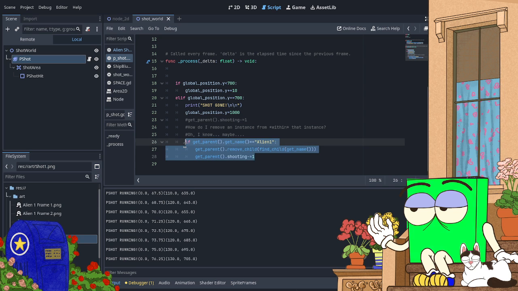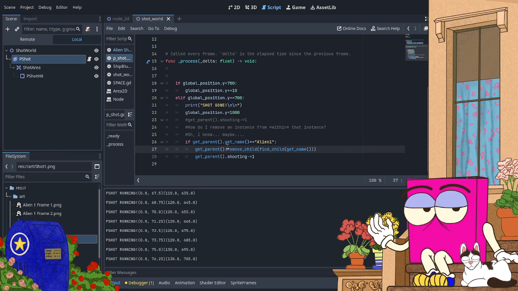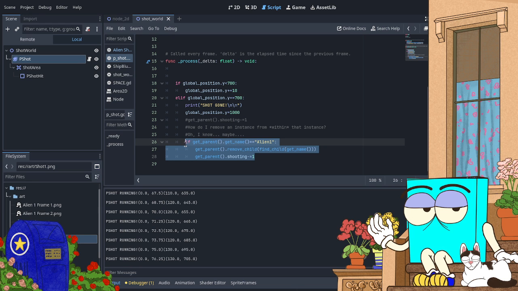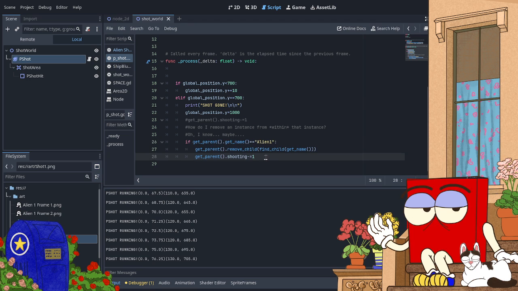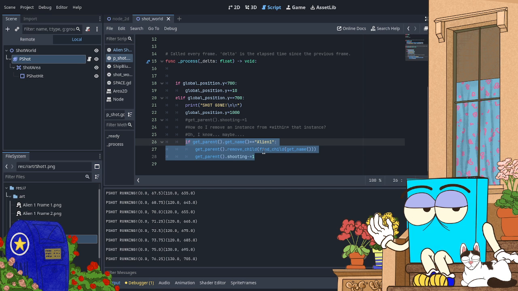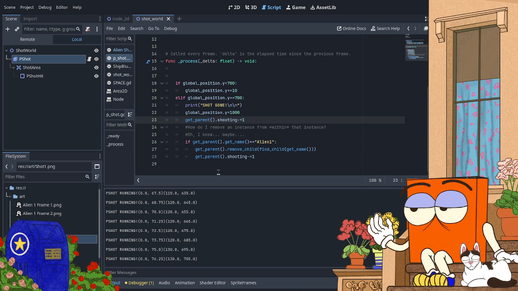Okay, this is not working right. Now, okay, okay, okay. The parent equals shooting -1.